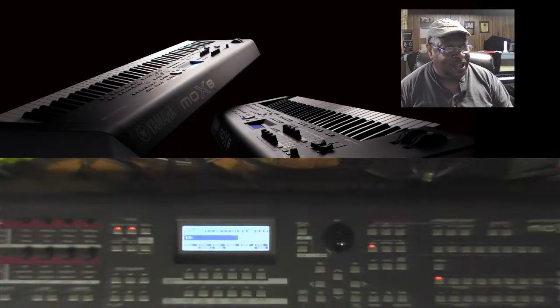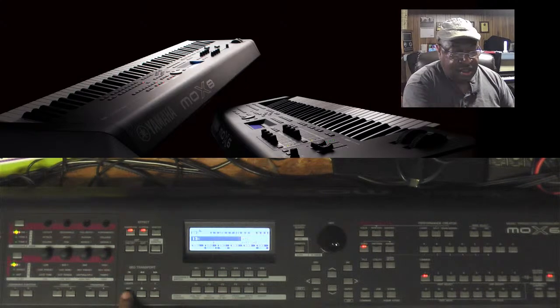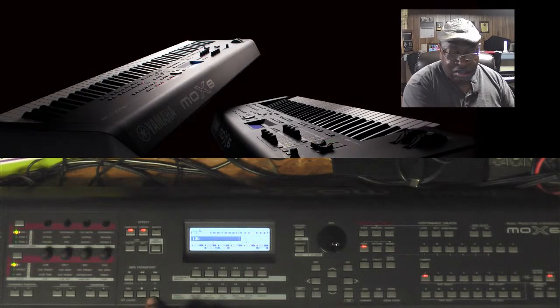The record feature or the record button is located. There's a set of transport buttons right here. You've got locate, you have forward, you have backwards, you have start, you have play. You didn't see me hitting those because I was focusing on the display. The majority of your work is going to be done here,